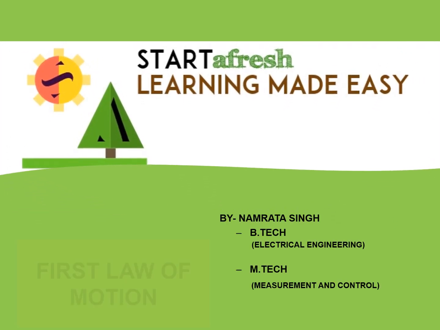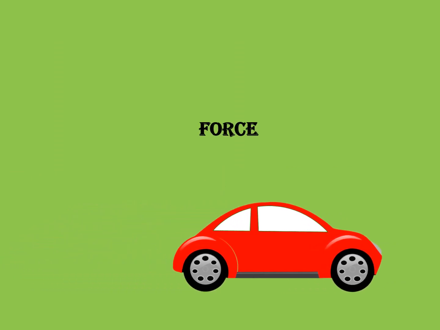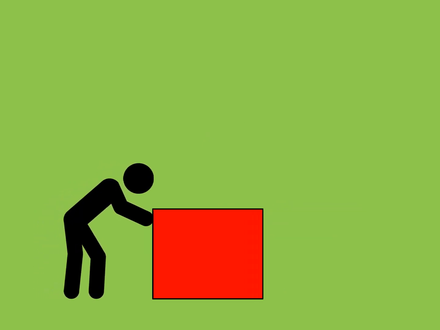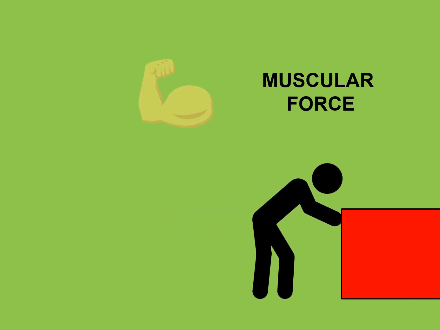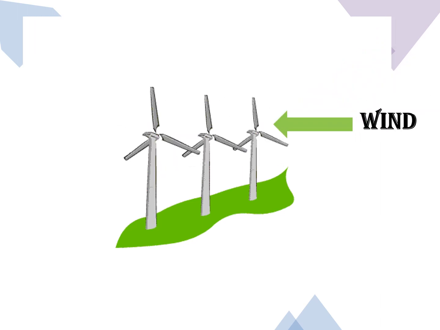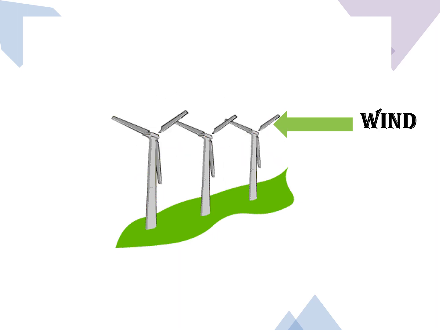There are many practical life things. You must be wondering how they work. Like when you see a car, how it moves. It moves because of the force applied by its engine. How is this block going to move? It will move when some muscular force is applied. A windmill moves because of the force applied by the winds. There can be many more examples, but the common thing is every motion requires force. It can be either making a stationary object move or stopping a moving object.